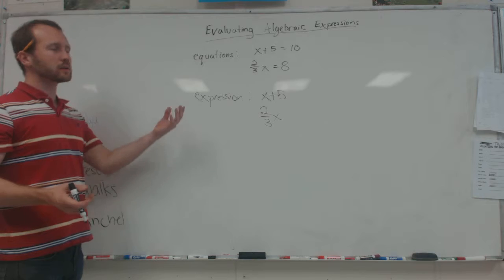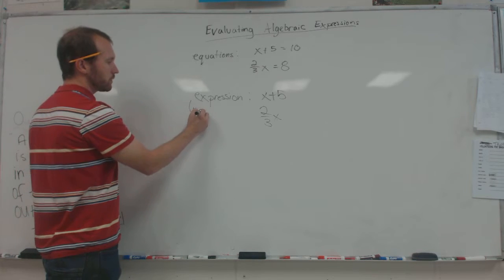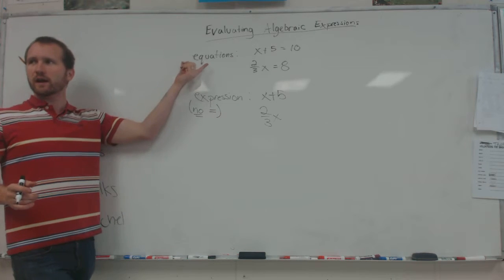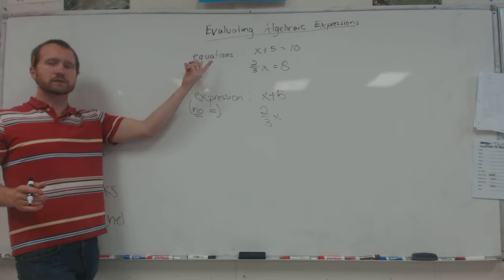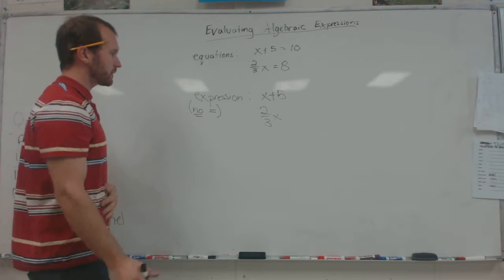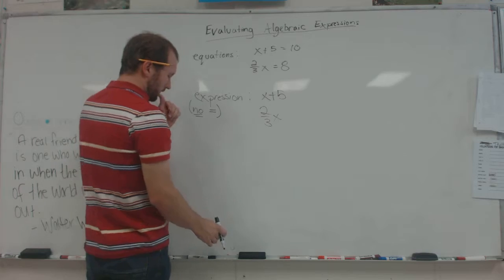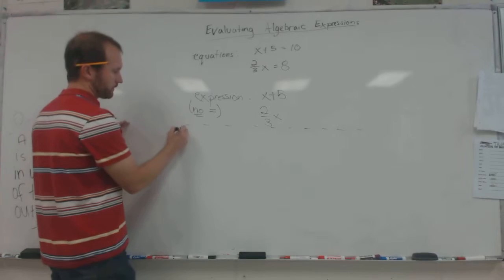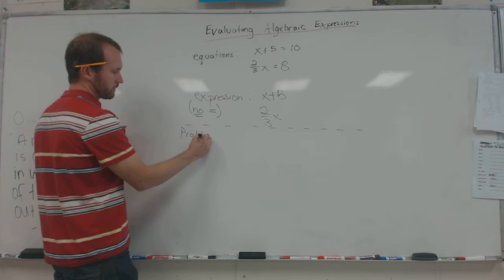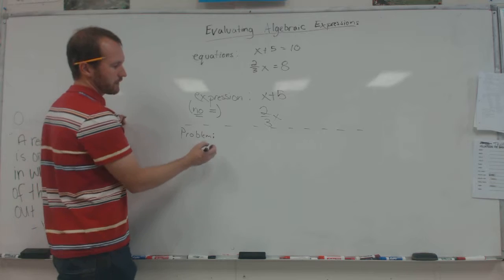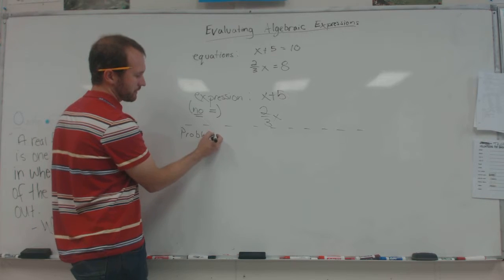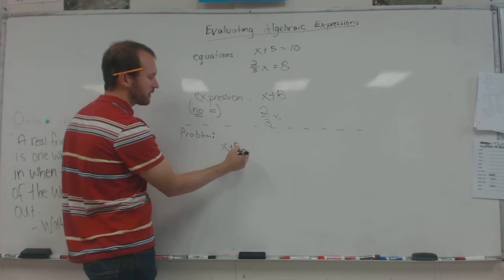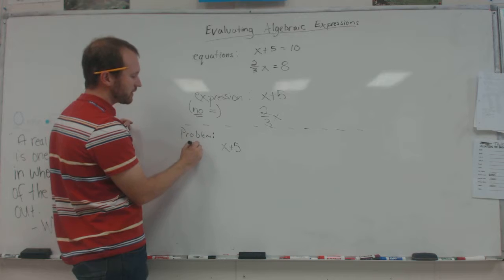That's what we mean. So an expression has no equal sign. An equation has an equals sign. That's where we get the difference. So an expression is like x plus 5. So when I say evaluate an expression, here's an example of a problem. For some reason, evaluate sounds like something that's really bad, like, evaluate that person for... Right. So if I had the problem x plus 5, and I said evaluate